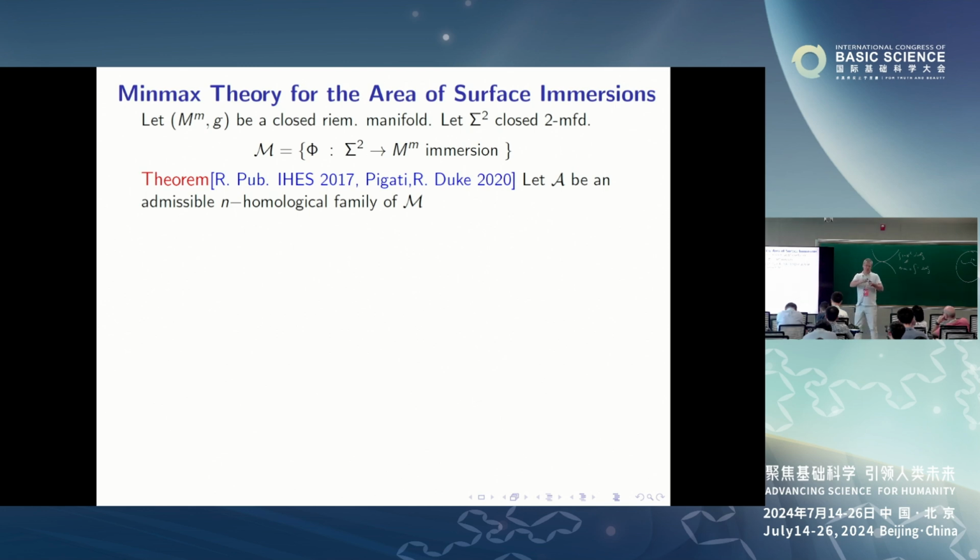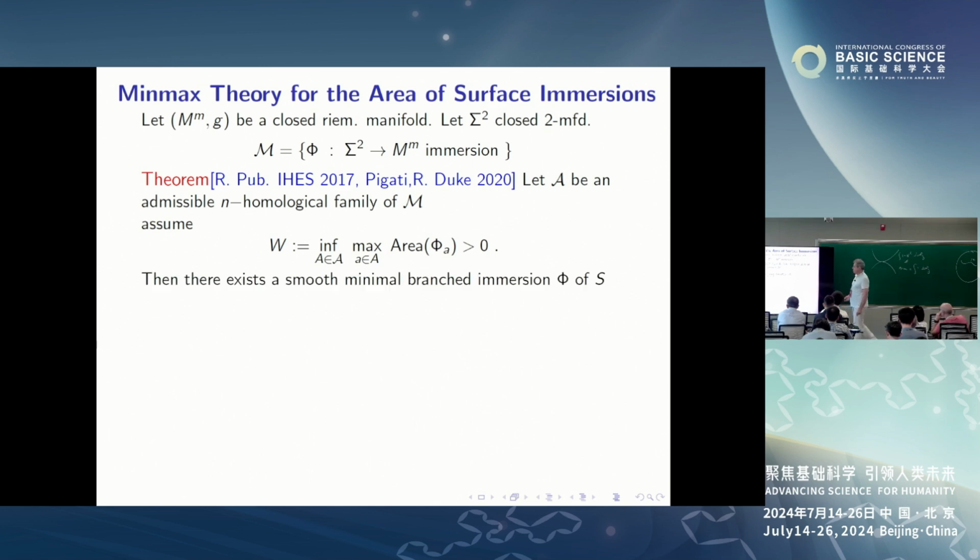So n has to do with, you know, the one dimension when I was speaking about mountain pass, the 5 dimension when I was speaking about the Marques-Neves proof, or the 4 dimension for the harmonic map situation. And then what you prove is that if you have a width which is strictly positive, then it is realized by a smooth branched immersion for which you control the genus